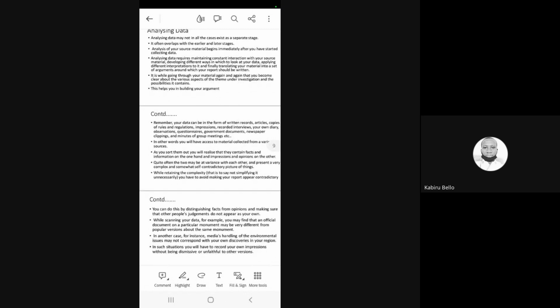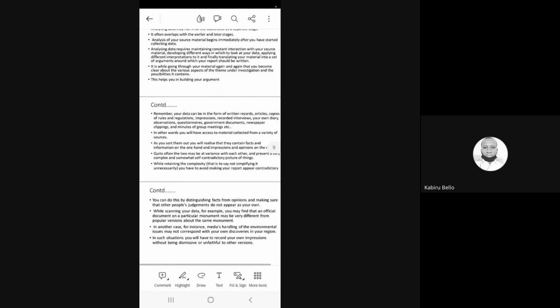Always remember, whenever you are unable to understand anything, whether it's a research paper or any article, you first read it, and if you are unable to understand, don't worry, you read two times, you read three times. When you read three to four times, then you'll understand it. So basically, this project is not a very fast thing. You have to do it very diligently and very perfectly. That is what is required. It requires tremendous effort, and this helps you in building your argument.